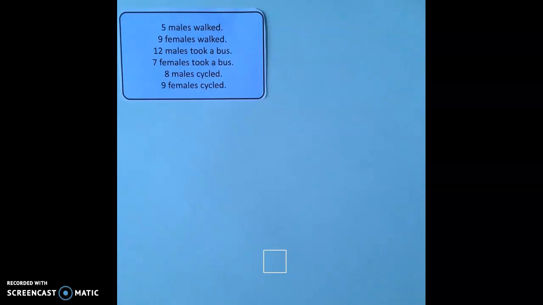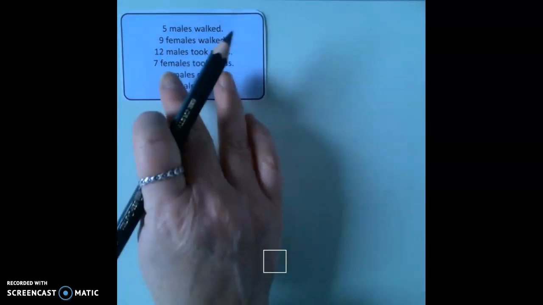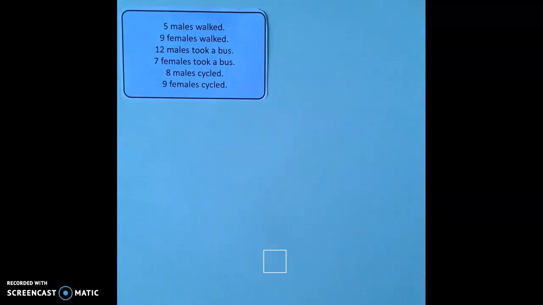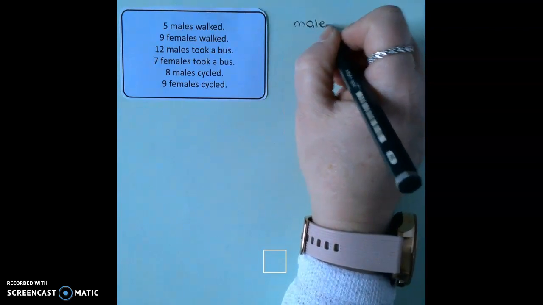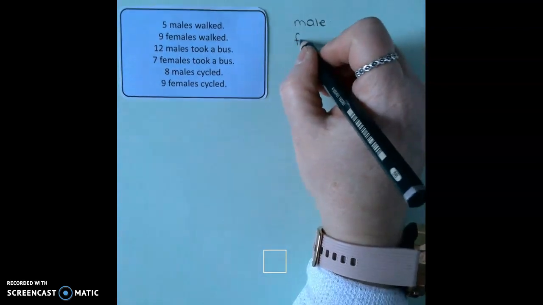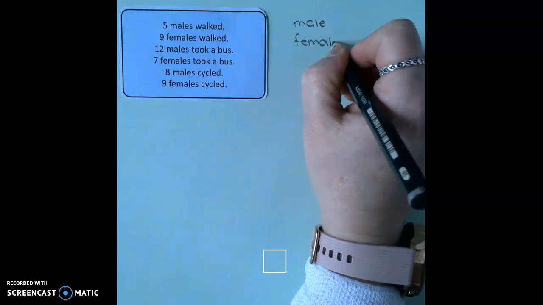Right, so the question is asking you to create your own two-way table. Now, this is the information that we need to put in the table. And the way that we create the table is the first step is we need to identify the variables. So what are our variables from this piece of information? What numbers actually change? Well, the number of males change, the numbers of females change,